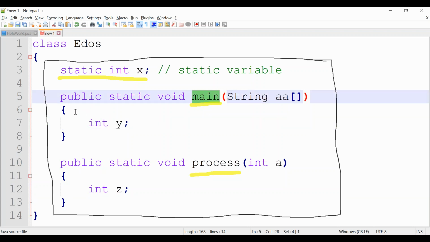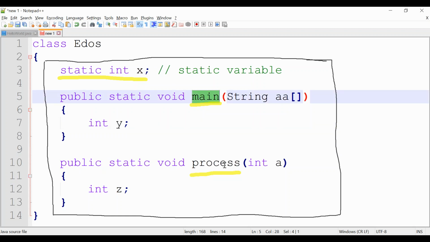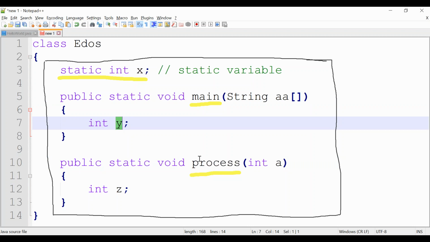The scope, the visibility, is there inside the main method only. Y can be accessed and used inside the main method only. Outside the main method you cannot use it. Suppose in the process method, you cannot use the y variable because it is not visible, because it is a local variable.